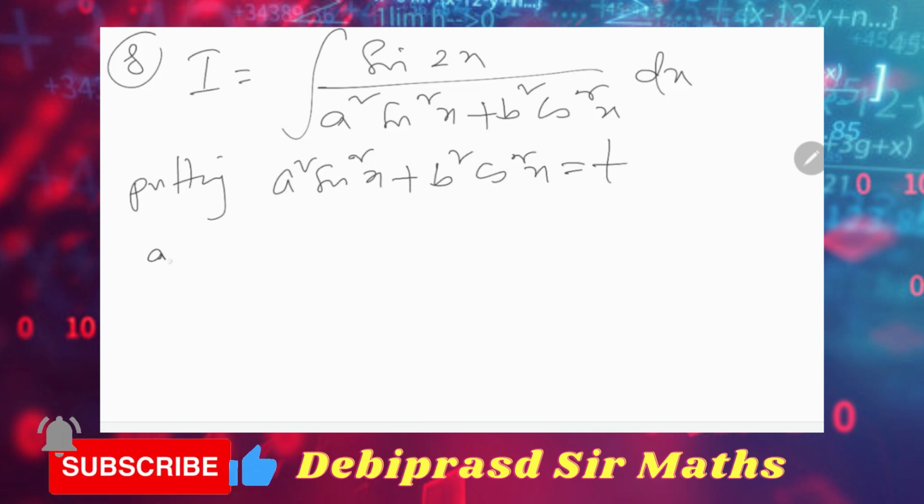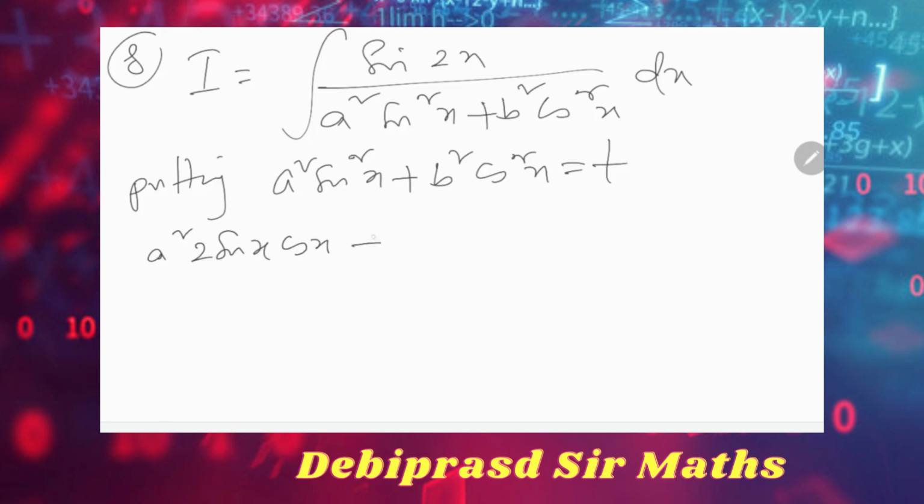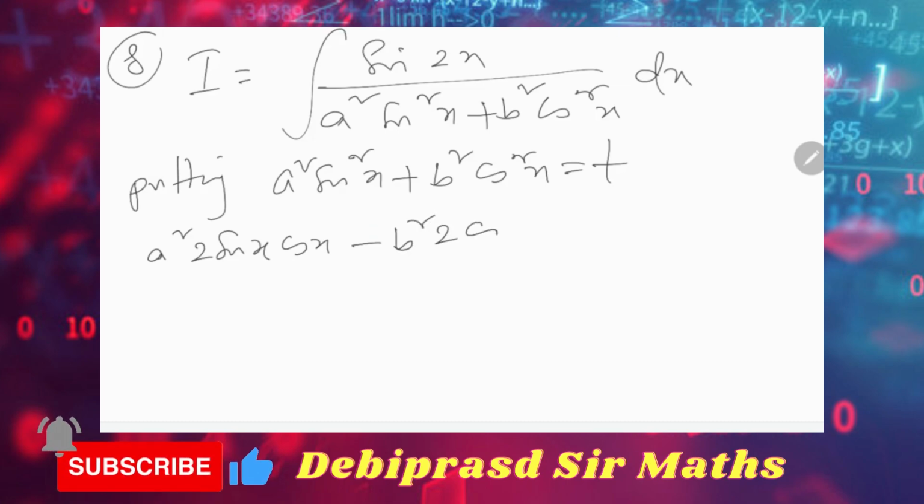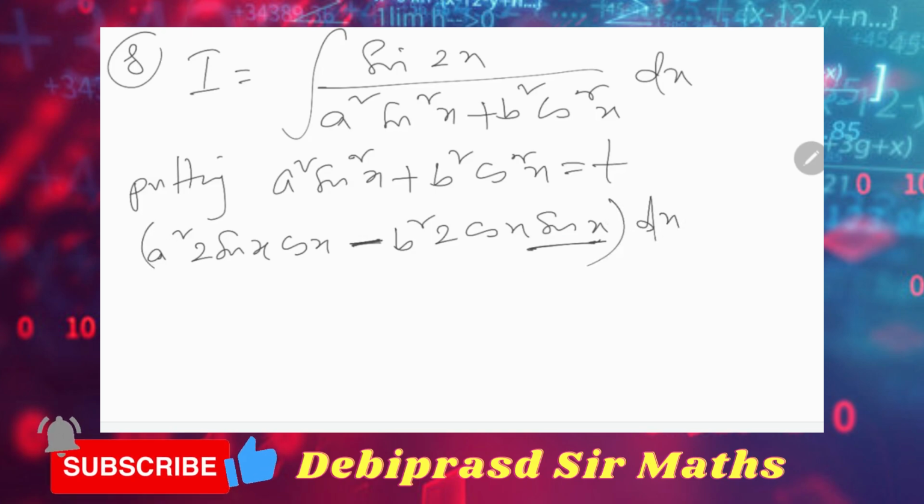Now differentiate: a square 2 sine x cos x, b square 2 cos x sin x. That time I will get one negative sign, that is why it will be minus, then bracket,